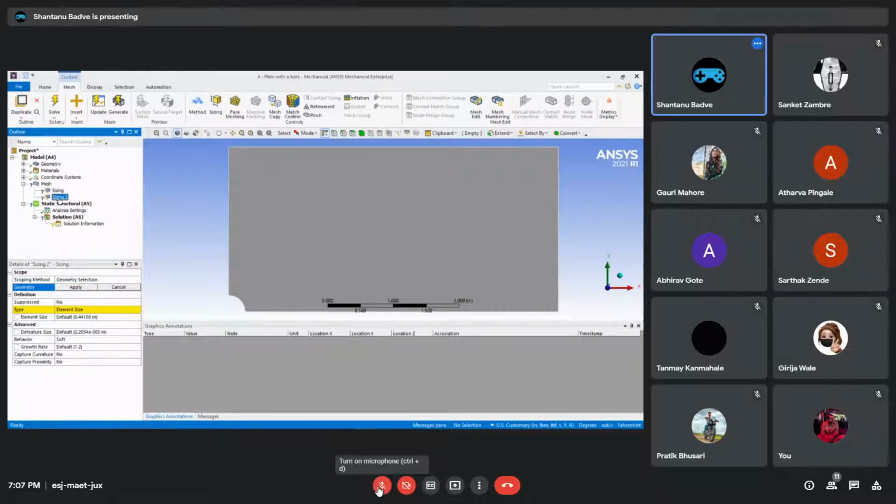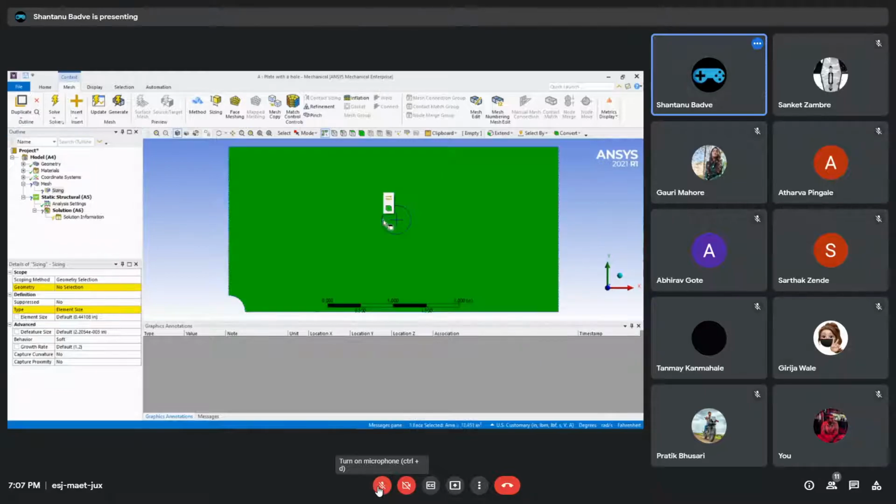All right, just added two of these. Okay, so under mesh, you can see that sizing is now added, and then once I do that, I can see that there is this plus icon crosshair type thing over here. It is telling me to select a face where I want to actually apply the mesh sizing. I will just select this face right in front of me. It goes green, and there is this apply selection button over here. You can just click it and it will apply, or else you can just come in here, click in this yellow box, and then click on apply. It goes purple, which means it's selected. Good. Second thing that you want to set in here is the element size.